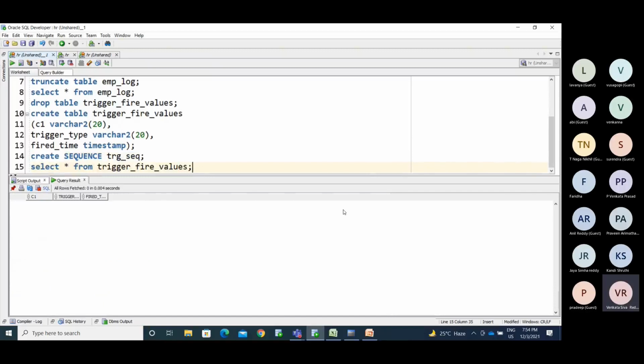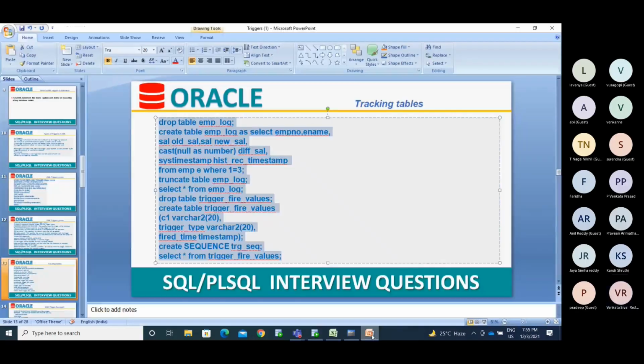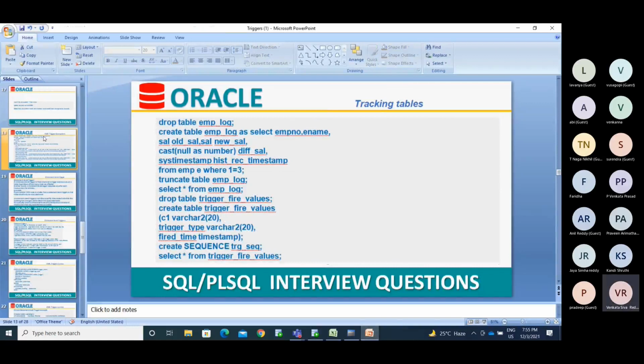I created this to track how many times the statement level trigger is firing and how many times the row level trigger is firing, and how to track update and insert. So we'll see this example now.